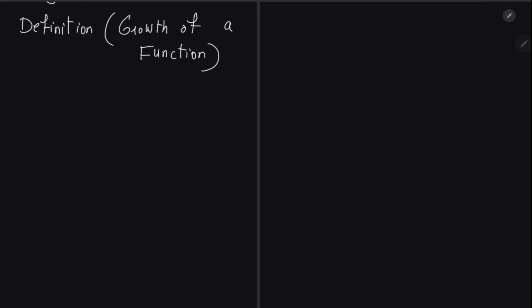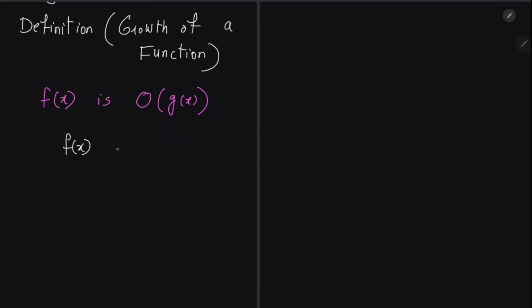Suppose we have two functions. We say that f of x is big O, order of g of x. It means that there are two functions and we say that f of x is order of g of x. It means that